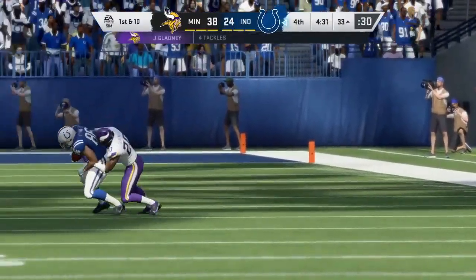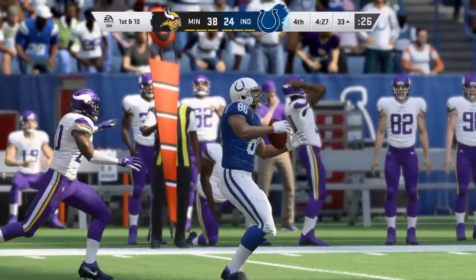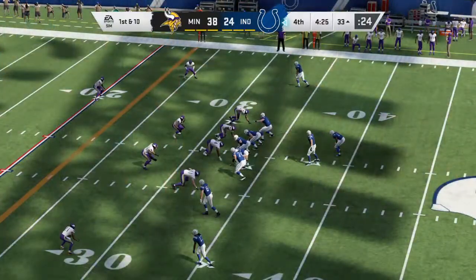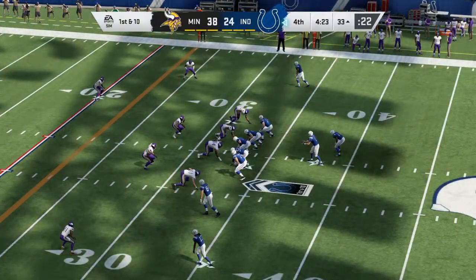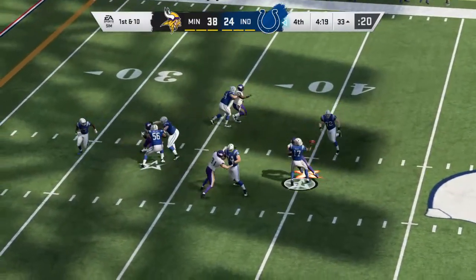Now, that was pretty. They executed that curl route versus zone coverage, and that changes things a little bit because against man, it's often a tight curl, sharply run route. Against zone, you're just looking for that open spot, that dead area, so you make...